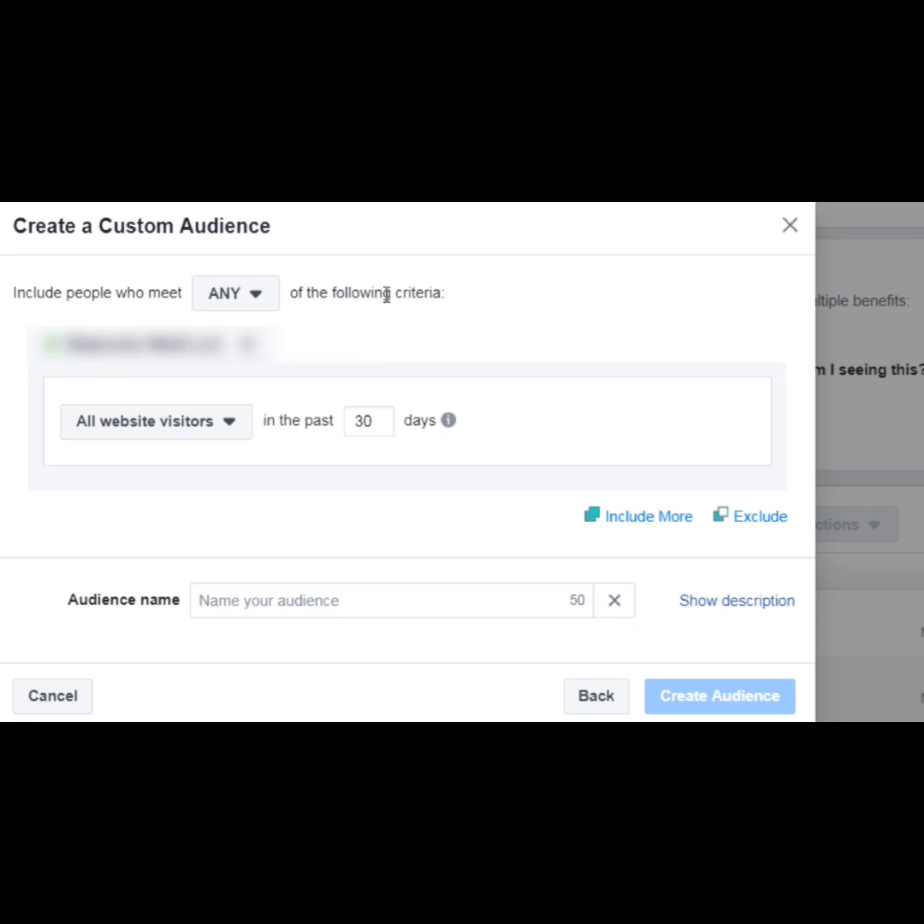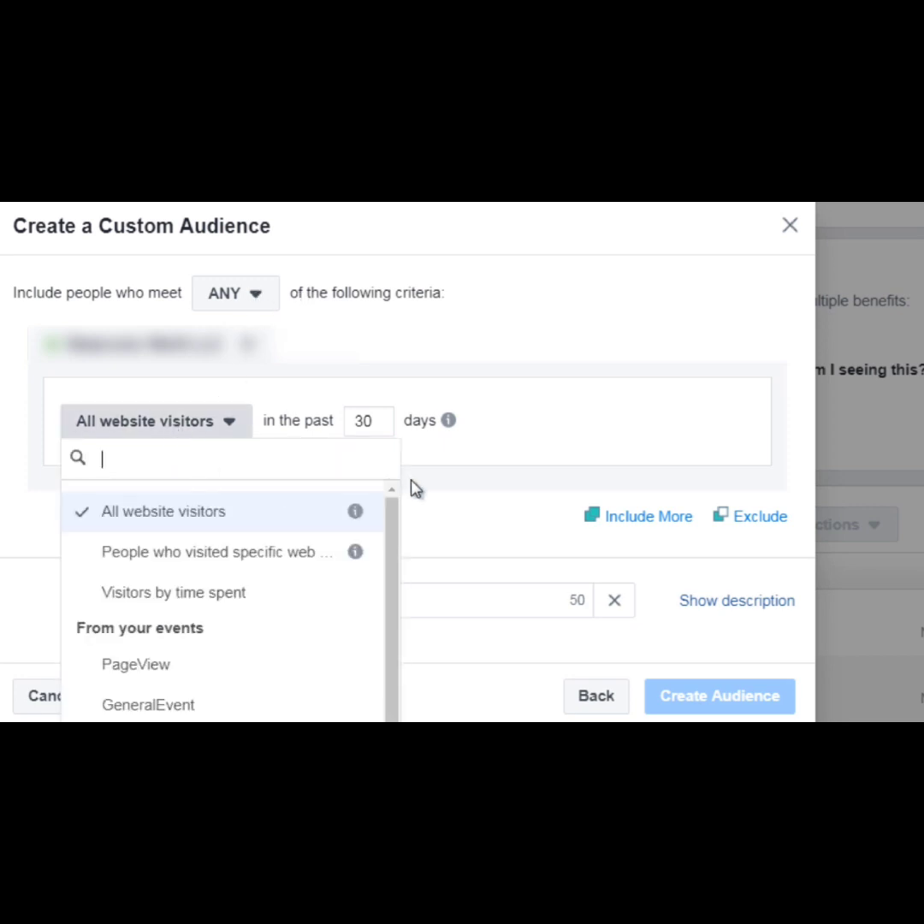If somebody visits the blog post or another blog post, let's say we have 3 different blog posts, then we can say anybody who visits any of these 3 blog posts, let's retarget them. Let's put them in a custom audience. So if it's any, you could say all website visitors in the last 30 days. So it's all website visitors or people who visited a specific web page, or they spend a certain amount of